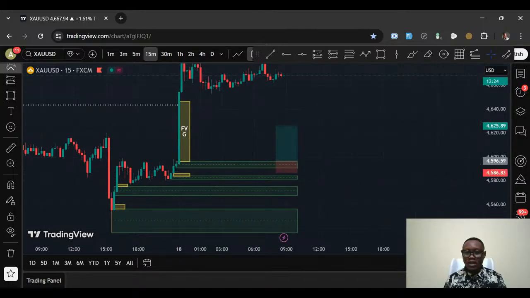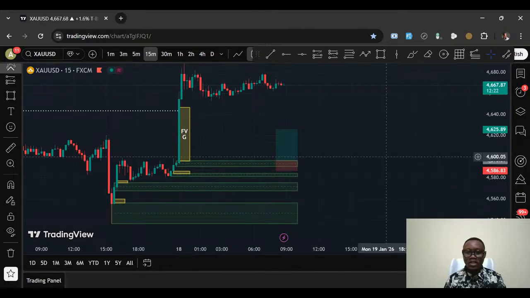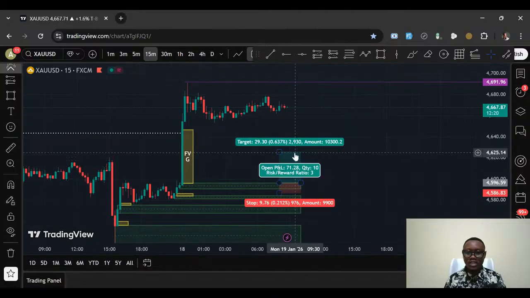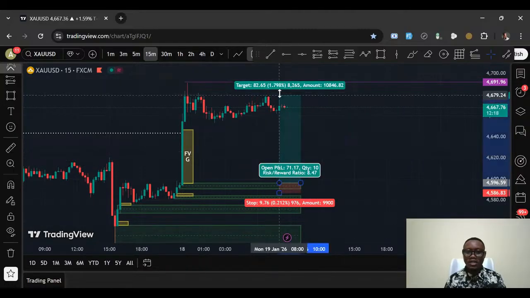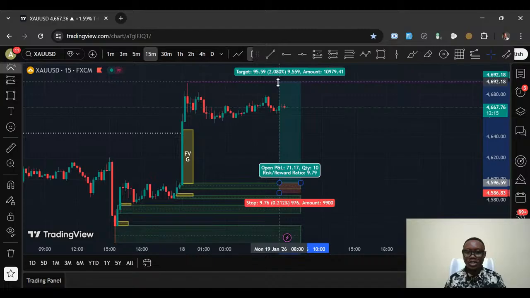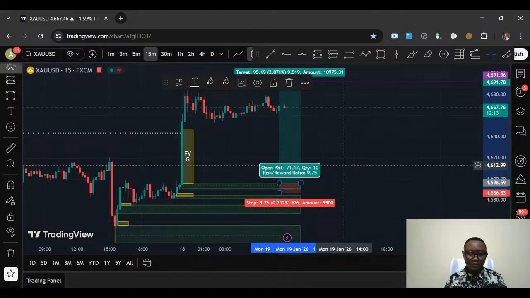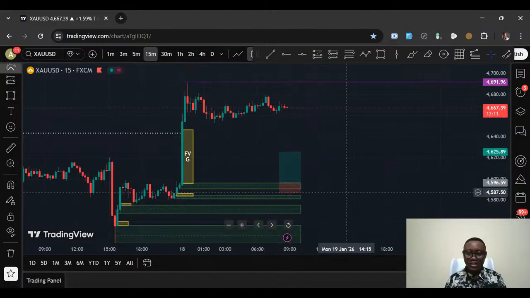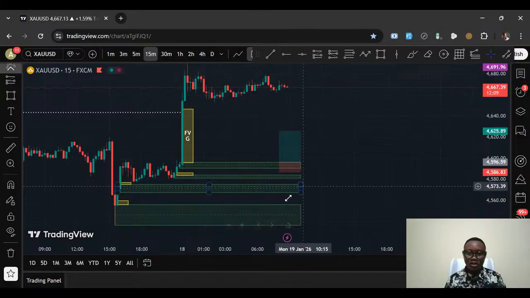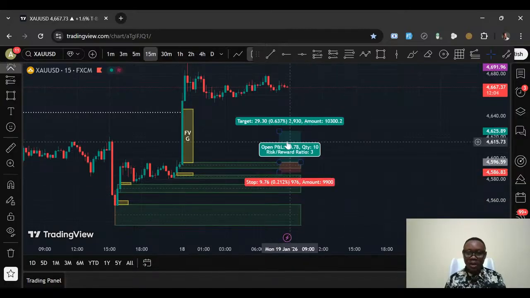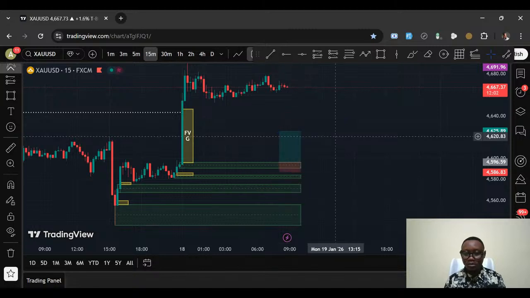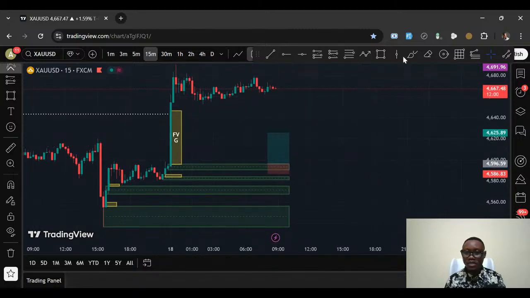Now, the reason why I'm doing this, of course, I could make this my first TP and this the second TP. But again, whenever there are zones like this stacked on each other, where you have the extreme zones and the other zones, I'm very conservative with my take profits because price could do this, price could come all the way like this,